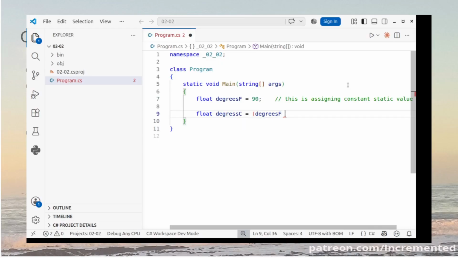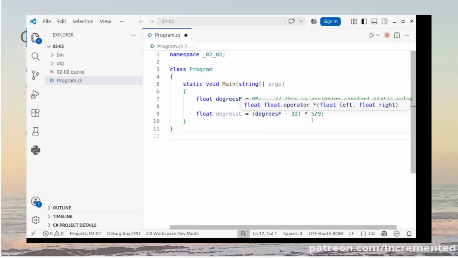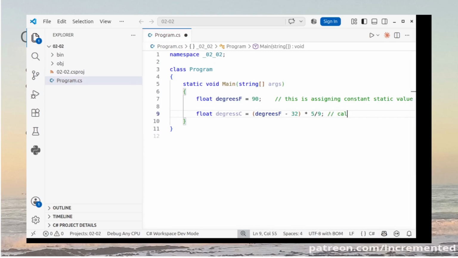So degrees F minus 32 times 5/9 is my degrees C. So there's my formula. Notice that I'm substituting whatever the value is that is assigned to degrees F. It's currently 90. So I'm saying whatever that value is, less 32 times 5/9 will give me the degrees C value. So here I can say calculate the result,